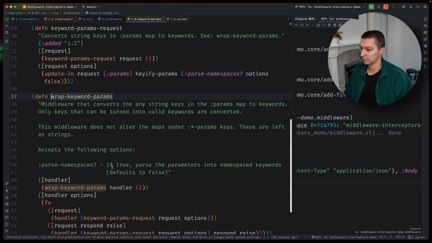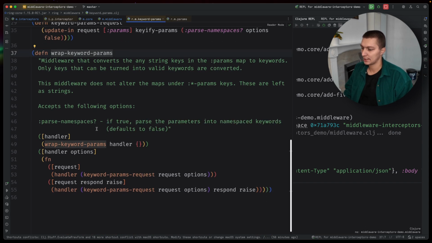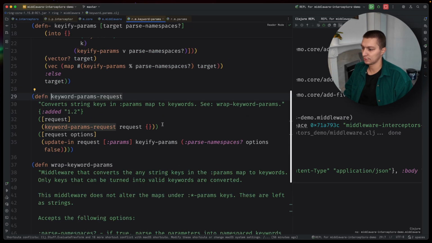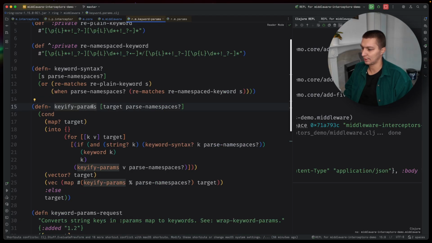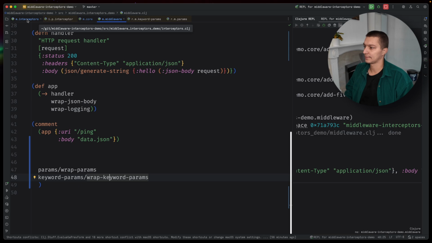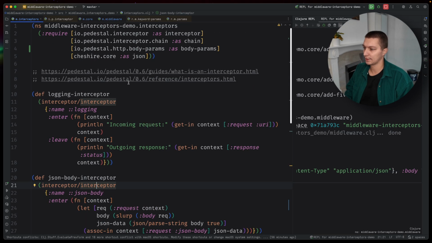And then the other example could be this, wrap keyword params. By default, the params will be just plain strings, but this one will actually get those params, as you can see, update the request params key, and it will do the keyify params. So it will convert all the string keys into keywords, so we can use them more conveniently in our handlers. So that's about it for Ring and middleware, and we're moving to